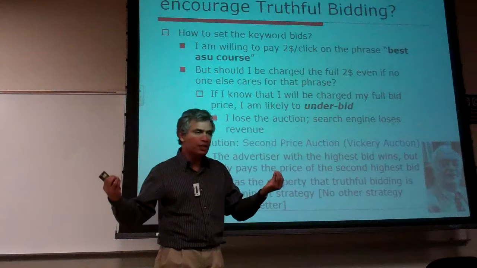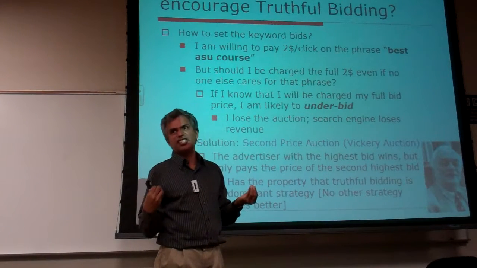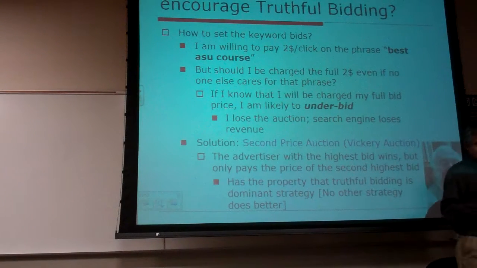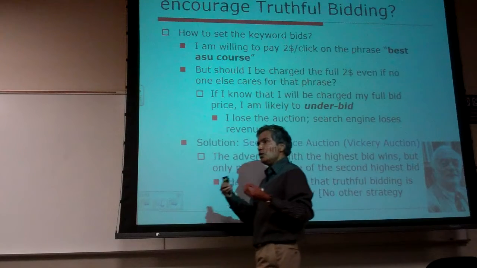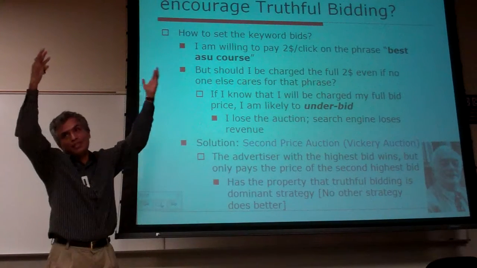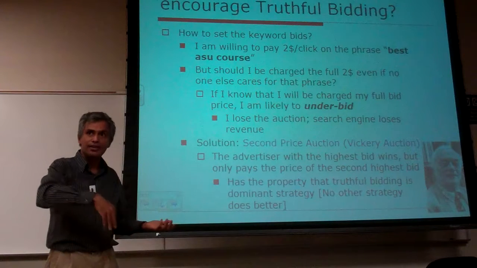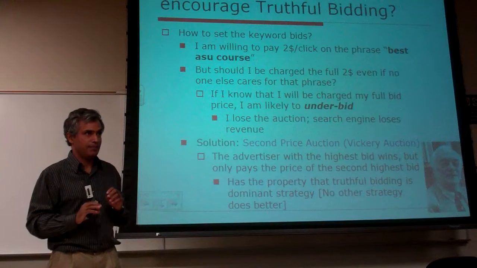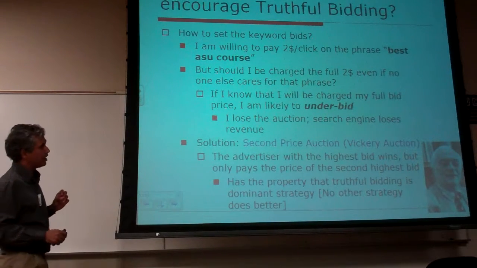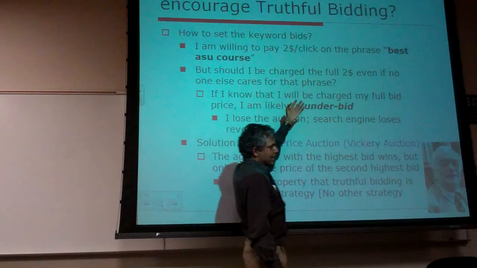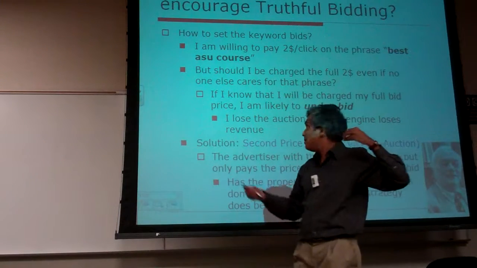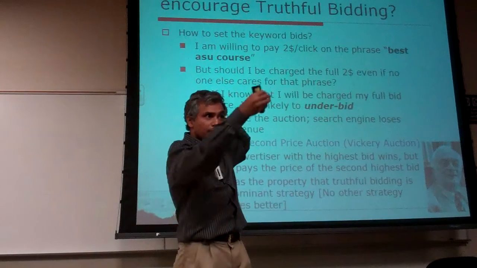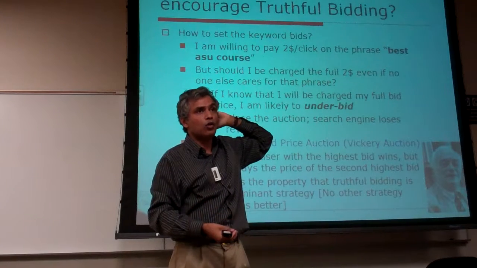Everybody is individually making decisions in their own best interests. If you can somehow design a mechanism such that people will still make decisions such that societal happiness will increase, that means both the auctioneer is happy and the guy who gets the item is happy. That would be what you want to do. So the classic idea that you would have thought, if everybody is bidding, like, if I bid $2 for this advertisement, you bid $1, you bid 50 cents, the first idea would be